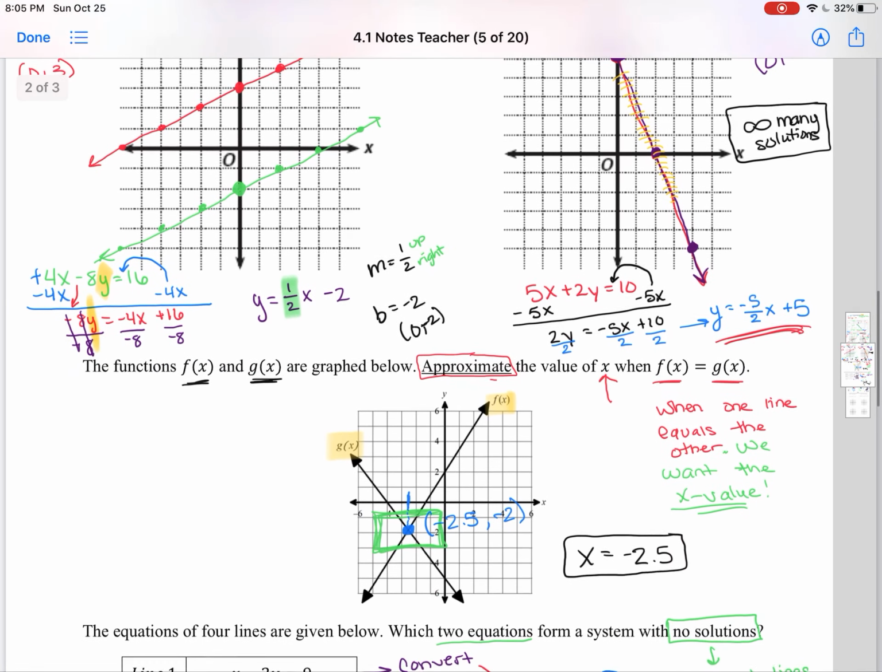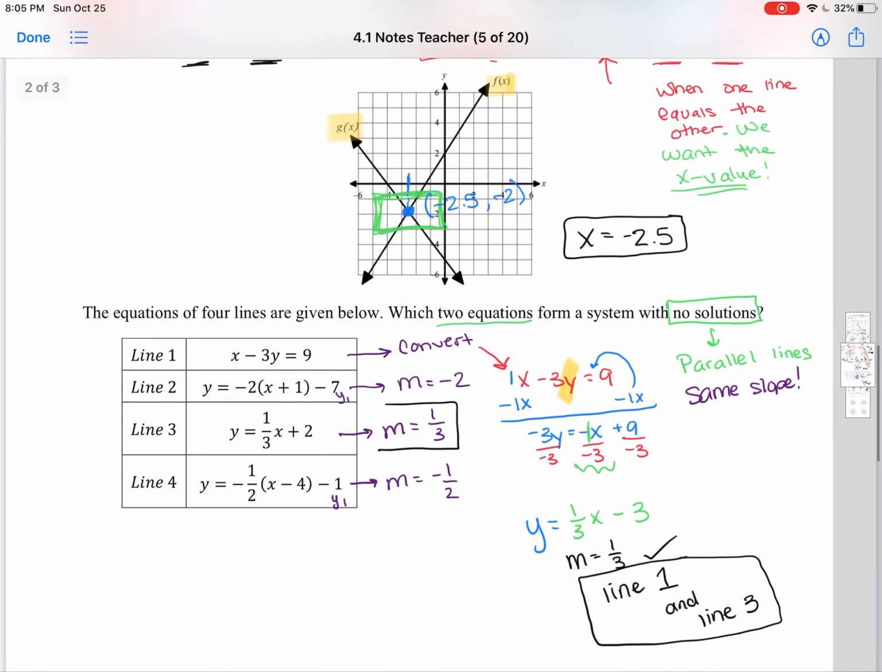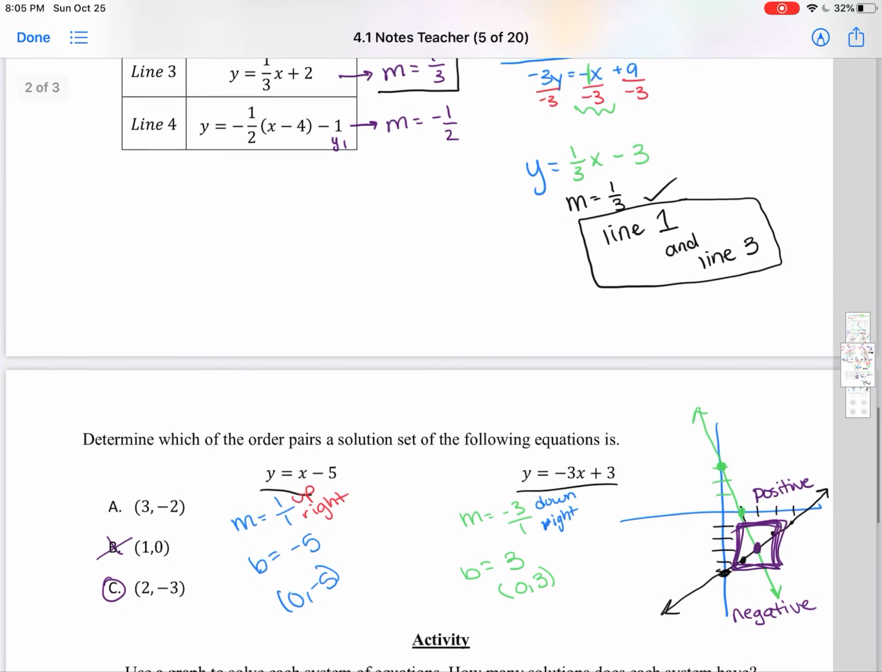Graphing. Make sure you know how to graph slope-intercept form. That's the main takeaway from today's notes. If we know how to graph slope-intercept